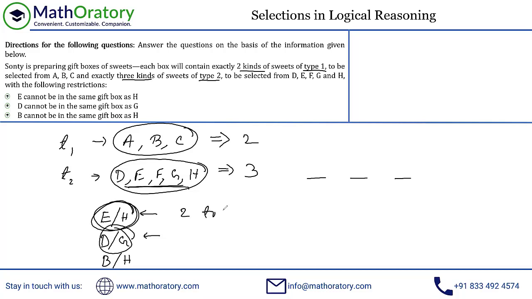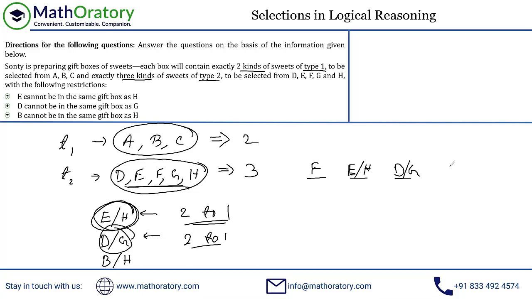So from 2 to 1, there is already a reduction of 1. Here also from 2 to 1, there is a reduction of 1, right? So essentially, out of these 4, I could select only 2 of them. I can never select more than 2, which means the 5th one has to be selected. So what I know, before even going to the questions, is that F has to be selected, one of E or H has to be selected, and one of D or G has to be selected. Although it is not given in the set that one of E or H must be selected, this comes out as an implication, as an inference from this particular idea.